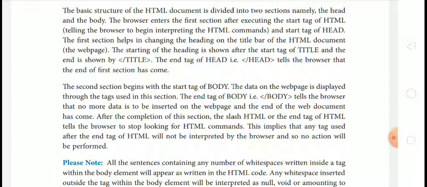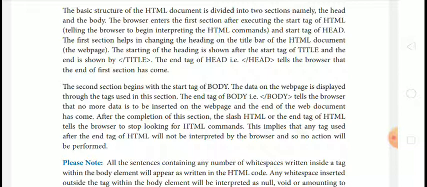The starting of the heading is shown after start tag of title, and end is shown by /title tag. The end tag of head is /head tag that tells the browser that the end of first section has come. Means when we close the head tag, it tells the browser that the first section has come to an end.